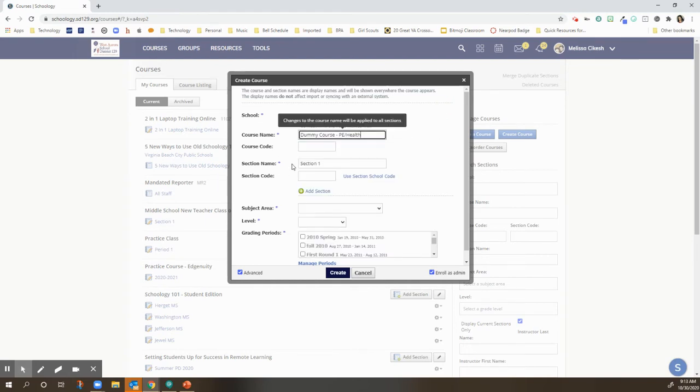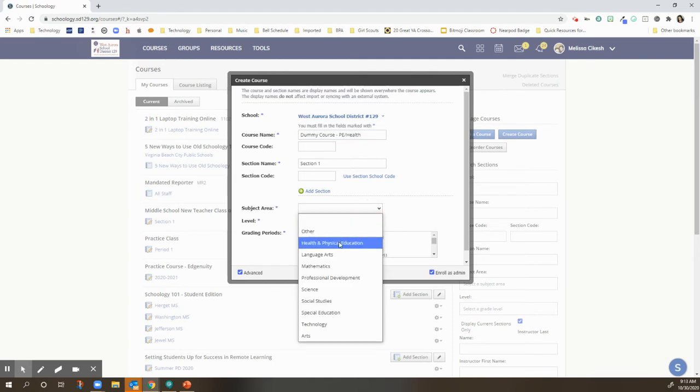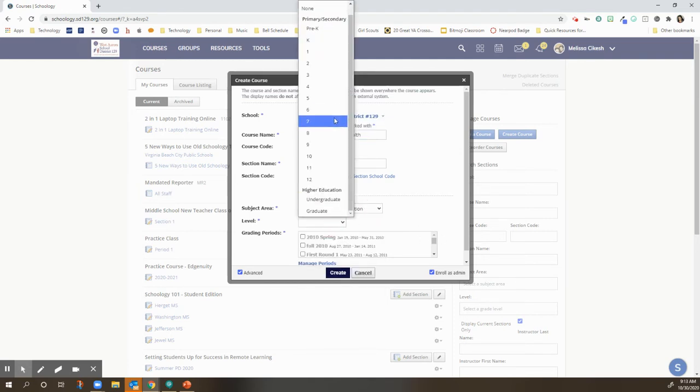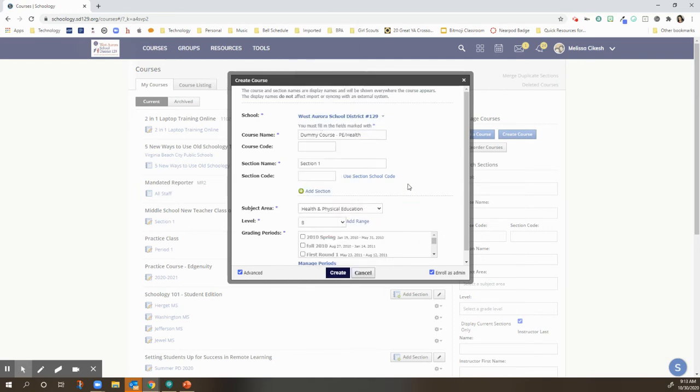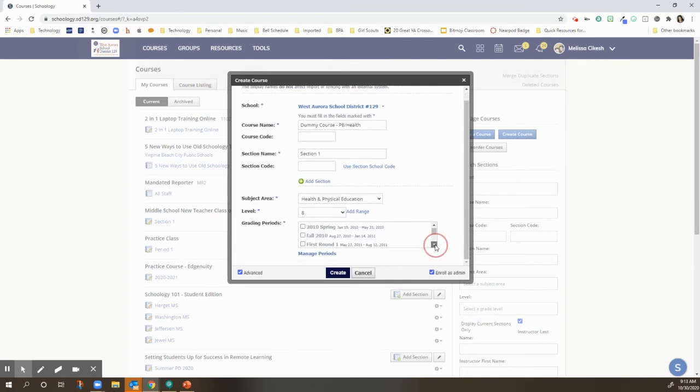I do have to pick a section name. I just leave section 1 because I'm the only one that will see it, but I do have to pick a subject, a level, and a grading period. So I will pick Health and PE. I'll pick a level. Honestly, this doesn't matter, but I do want to pick a grading period that I'll be